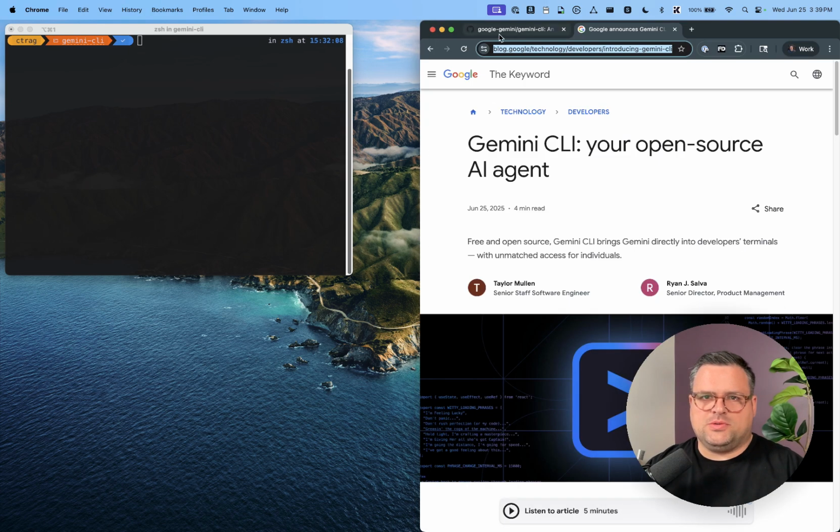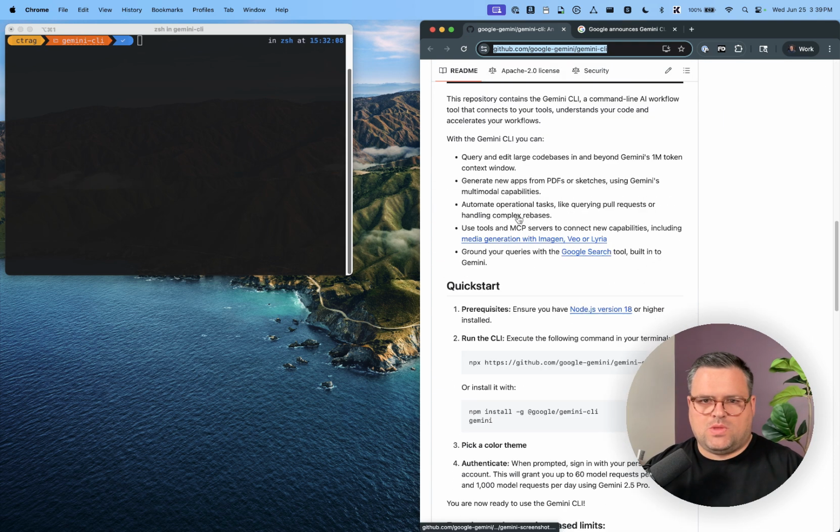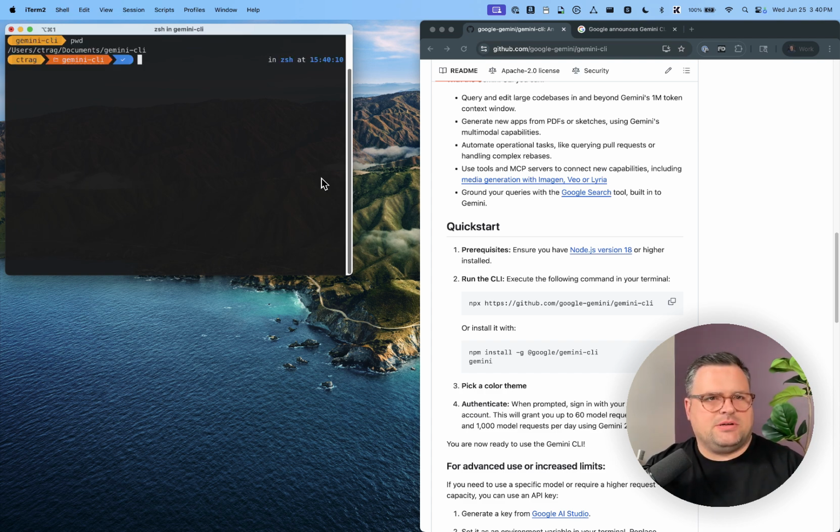Okay, cool. So we'll go to GitHub. And then I want to install it. Looks good. I want Homebrew. You probably have it maybe, but I want to brew eventually for it. So let me make sure I'm in my test folder. Yes, Gemini CLI, cool. So then I'm going to do npm install -g